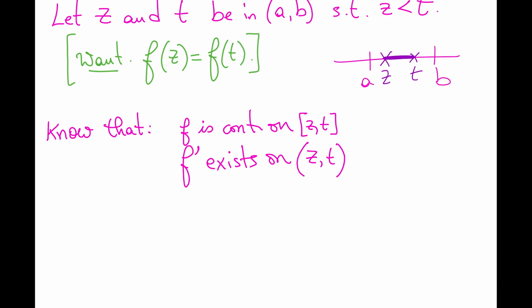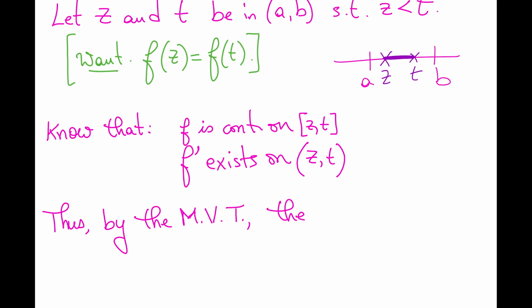Thus, by the mean value theorem, there must exist some number c between z and t. That number c is going to be somewhere here, with the property that